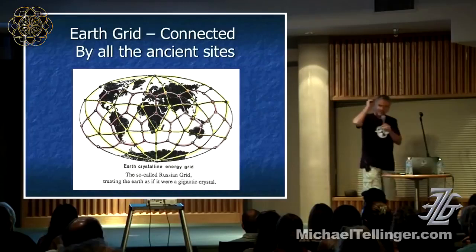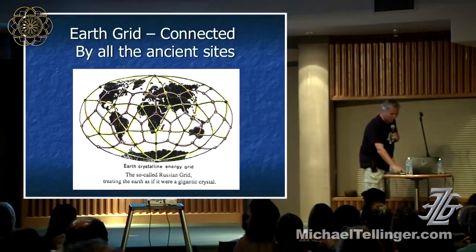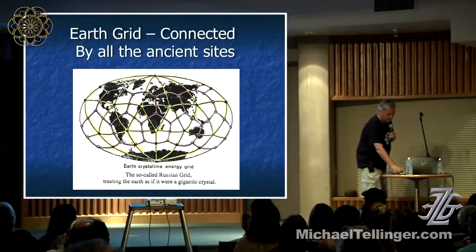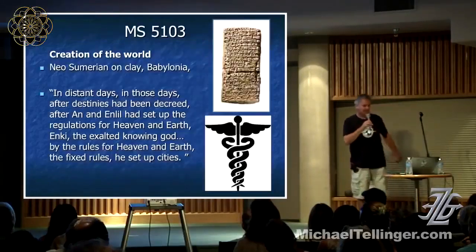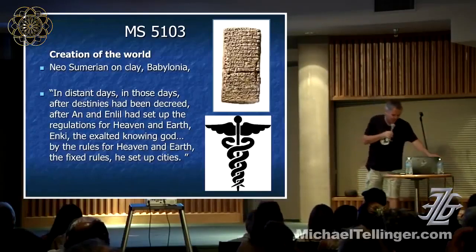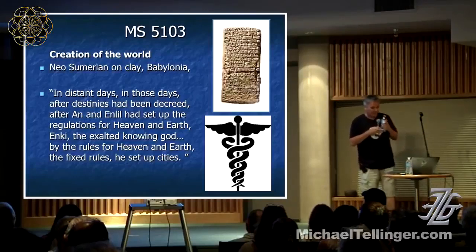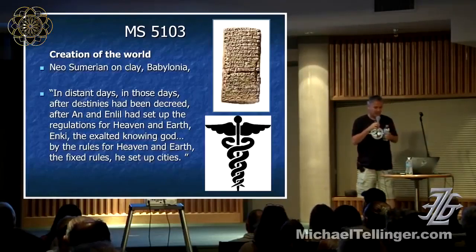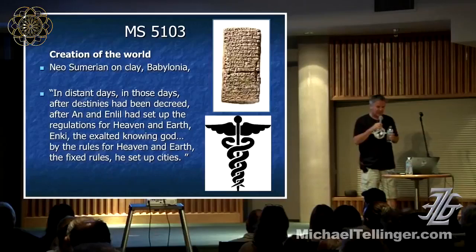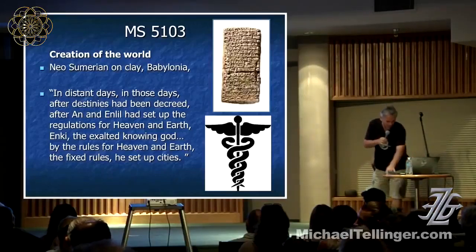And the ancients seem to build all these ancient sites on these nodal points and very powerful points on these magnetic grids. And this is an ancient Sumerian text that actually tells us a lot of very important information. This is a real text that comes from the Shoyan collection. And it says, in the distant days, in those days after destinies had been decreed, after An and Enlil had set up regulations for heaven and earth,